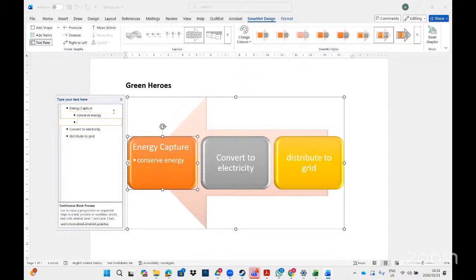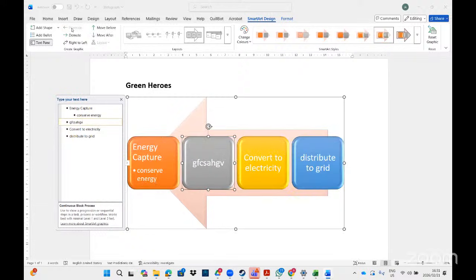So that I can type another item there. If I want this one to be promoted, I go to promote, then it will be on its own. So that is how we manipulate SmartArt. Make sure you have SmartArt design with a text pane using demote and also promote, adding shape, adding